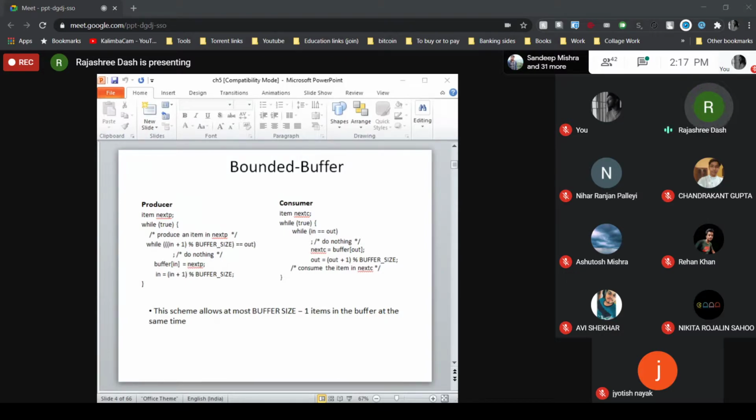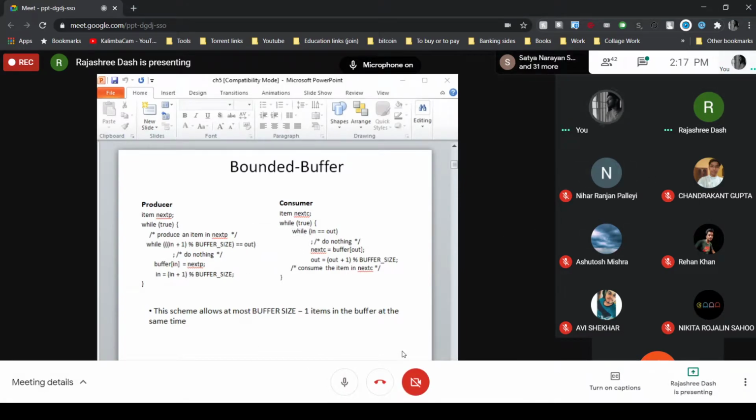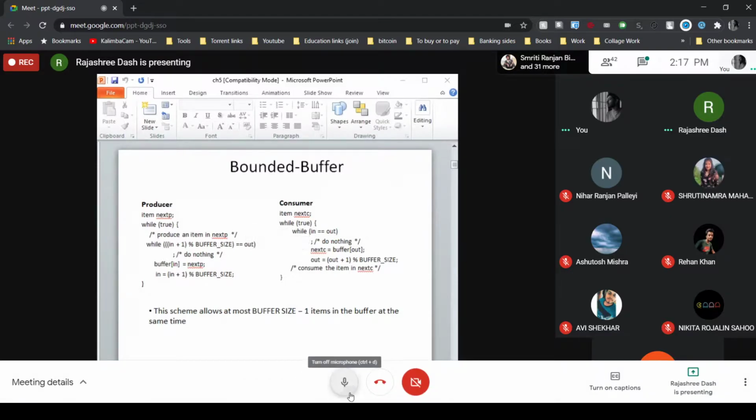Rajesh Kumar Padi? Shruti Namra, what was the bounded buffer problem? Don't remember. Very good.